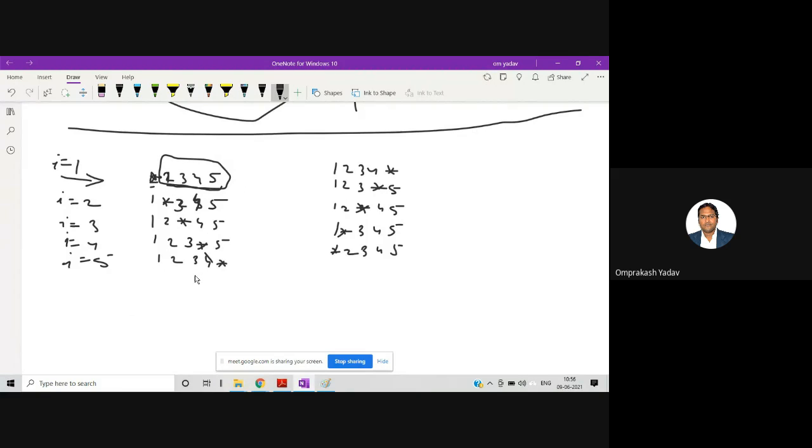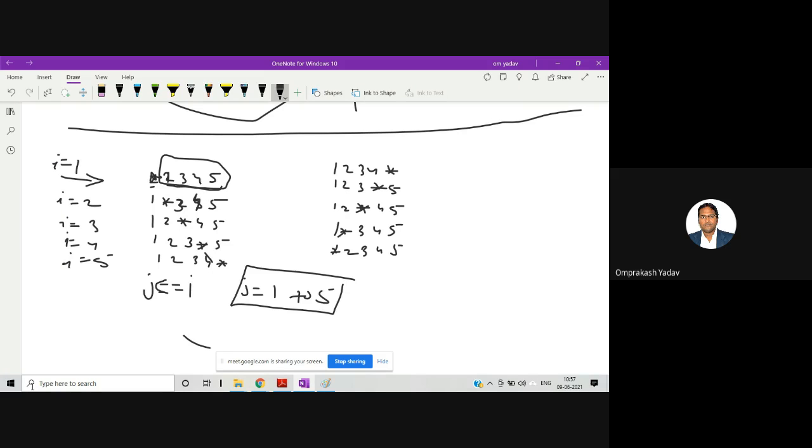That means our J loop will move not only till less than or equal to I, okay? It should also move from 1 to 5. J loop must move from 1 to 5 because only then will it print the values in all the 5 columns, right? So our J loop must move from 1 to 5 so that it can print values from 1 to 5.